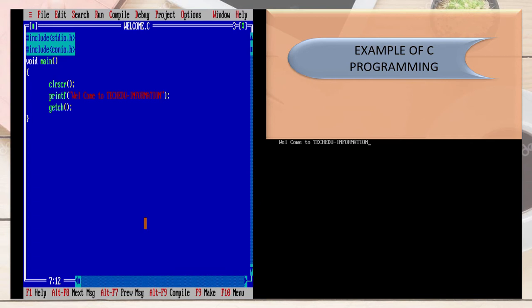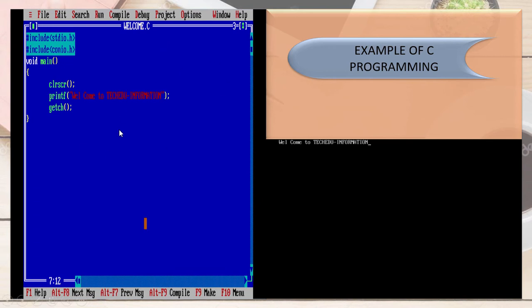Right now when you open your Turbo C, in this way you can see an interface from which you have to click File. You will get a new tab and then you will see this kind of blue window in which you have to write down your C program. When you finish the whole coding, you need to save it with the .c extension. So always remember, every C program must have the .c extension.